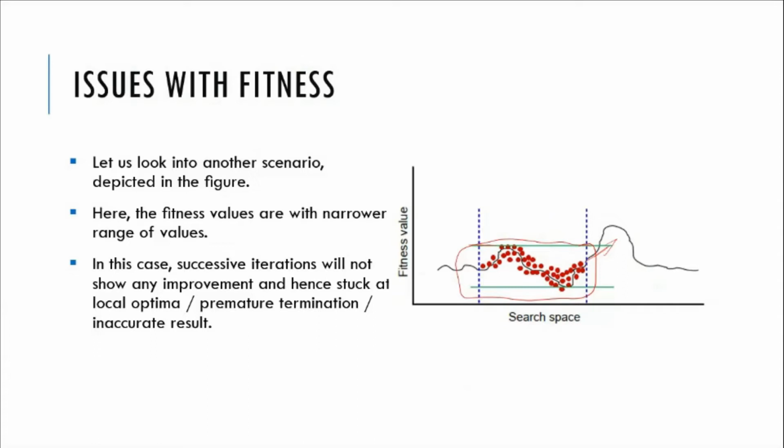Then again, the other problem with this fitness value is, even if it tries to improve the fitness values, there is a chance of premature termination. That is because in most cases we select the termination criteria as the average fitness value, or the change in fitness value on successive iterations, etc. So if we consider the average fitness value as the condition for